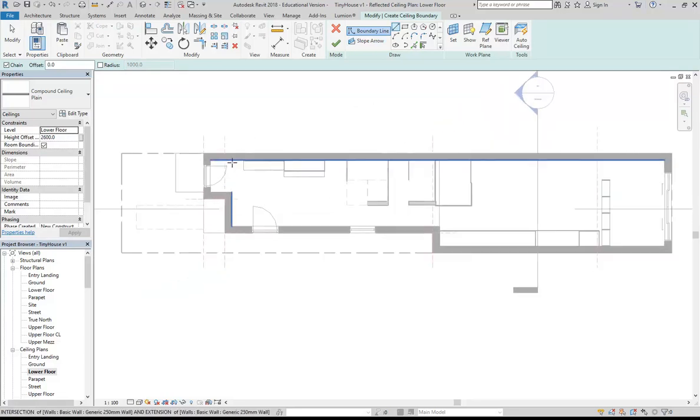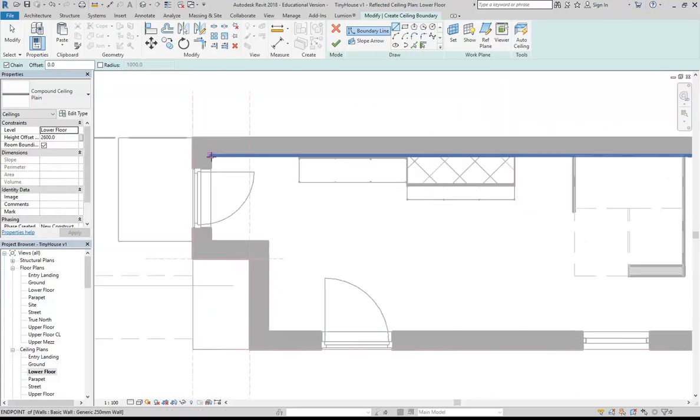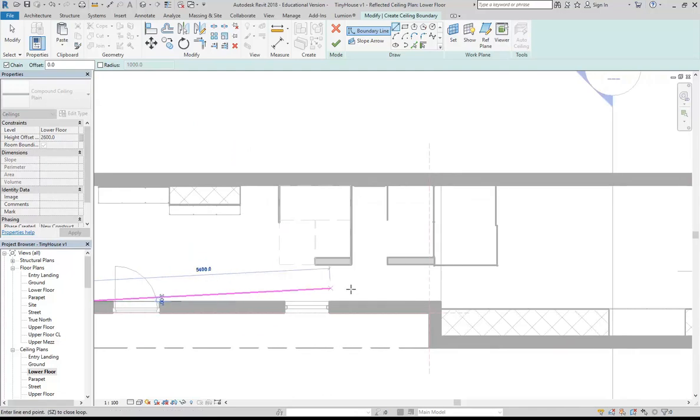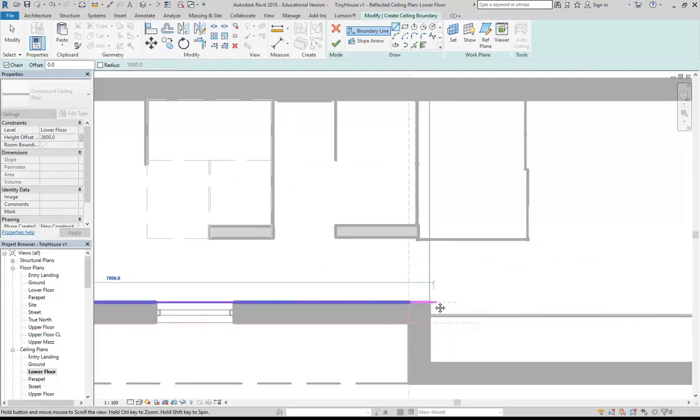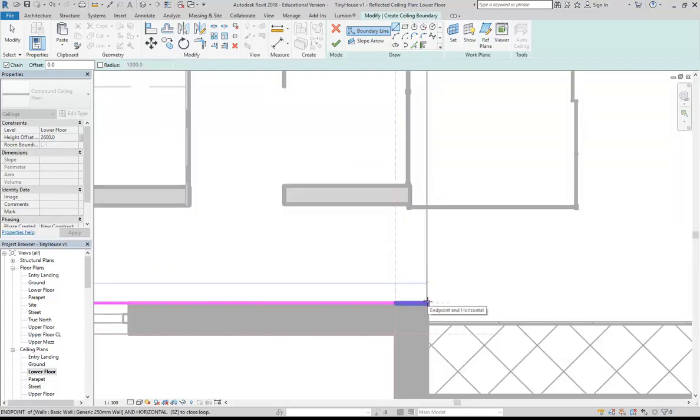And then I'll draw the shape I want my ceiling to be. So just with the line tool, which it's already on up here. You can always check that. I'm then just going to trace the inside of these walls, where I want the edge of my ceiling to go. And coming over here, I've got a bit of a courtyard, so I'm going to finish it on this. What is it again? So it's this line. Yeah, and then up to here,